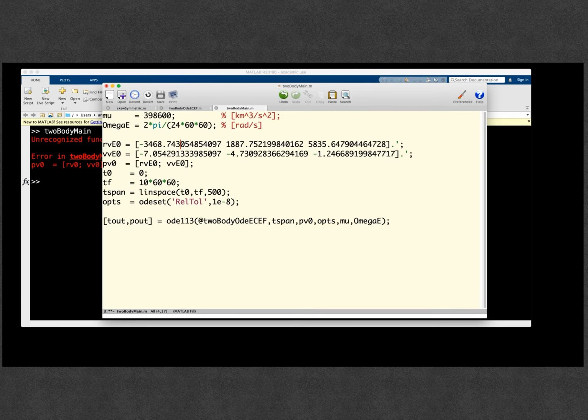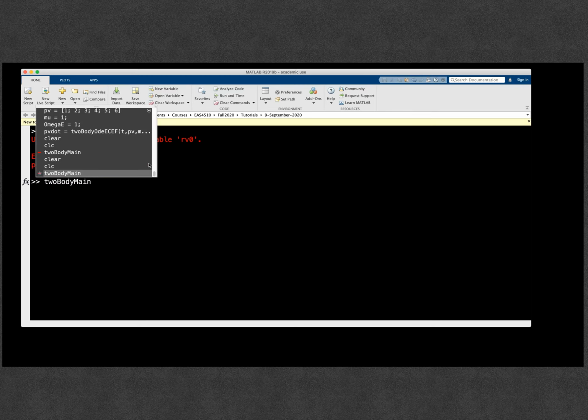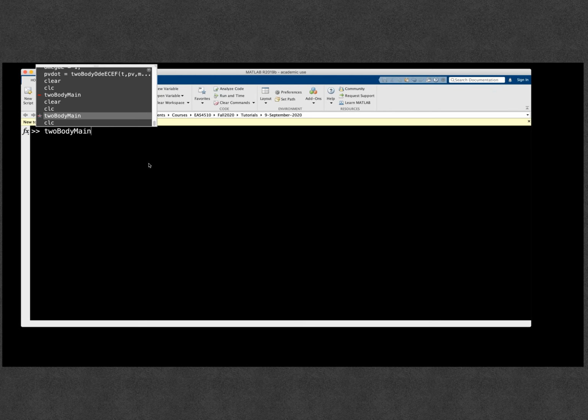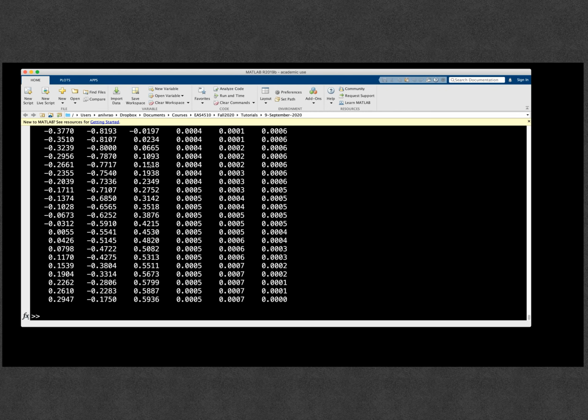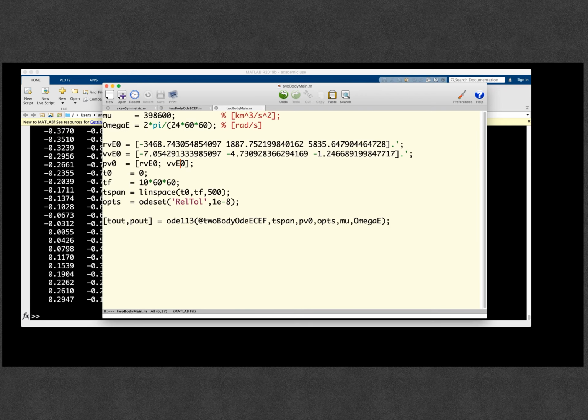And now there's still an unknown name in here because I didn't save the file. So let's clear the screen again and run it. Now it runs. Now you see that we get T out and we get P out. And now what we're going to do is compute the ground track for this